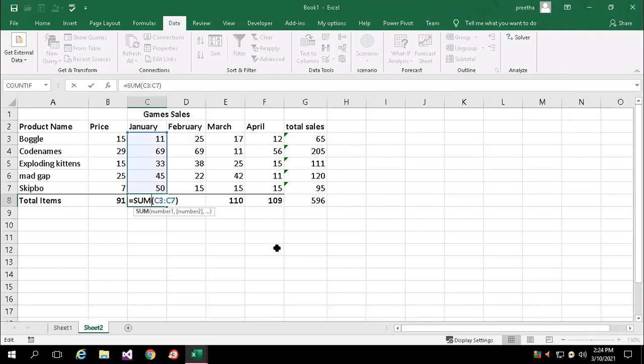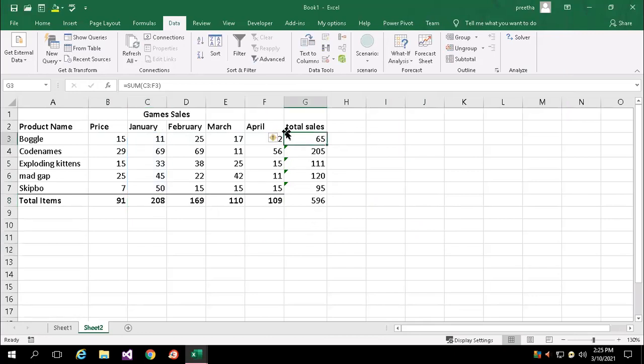Yeah. So total, okay, so now you are getting some error. Already we have discussed formula auditing. You can check. Omits adjacent cells. Yeah. So we don't want B3.